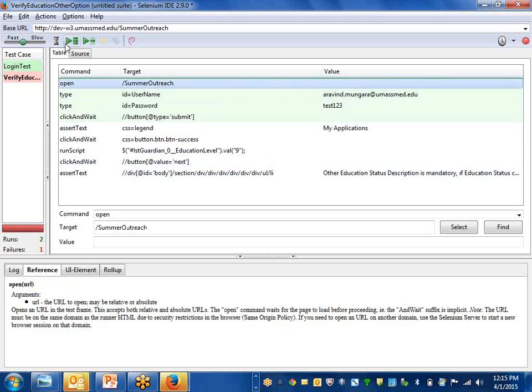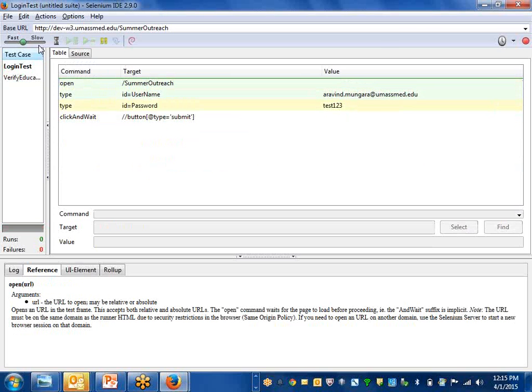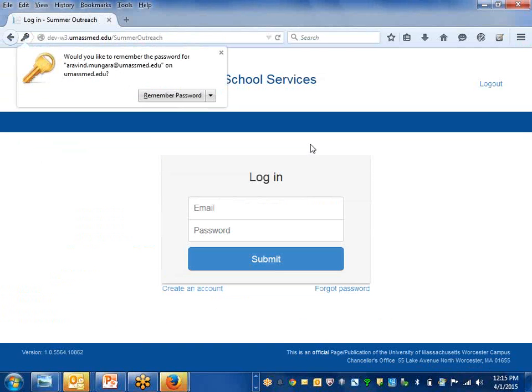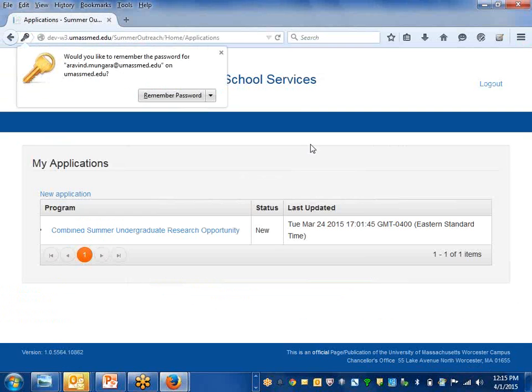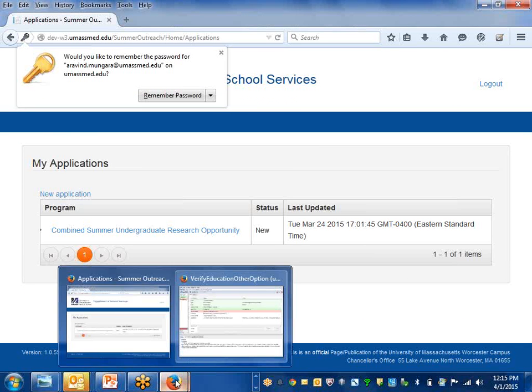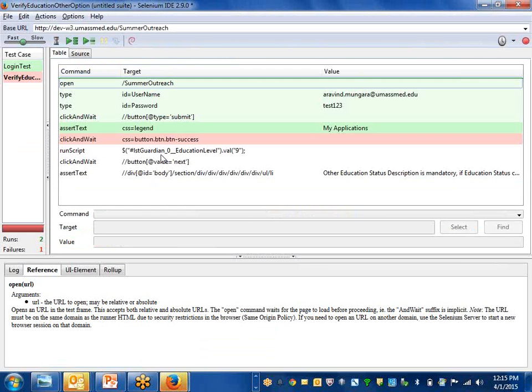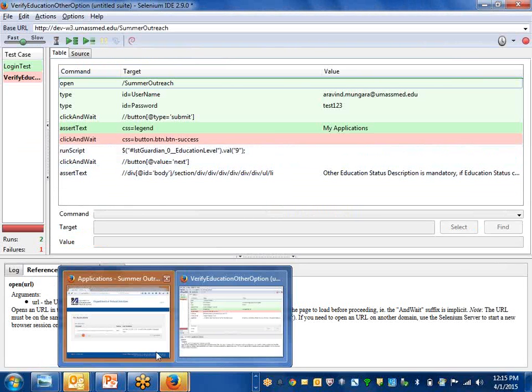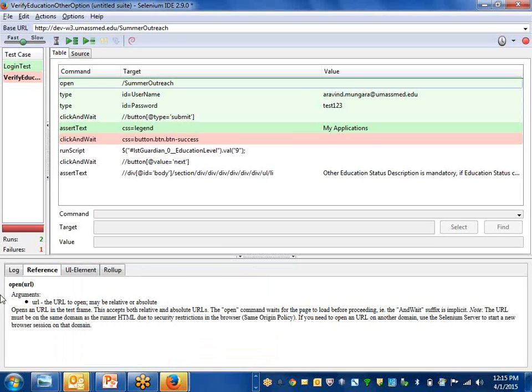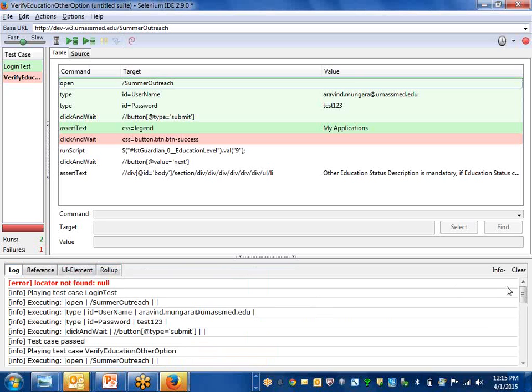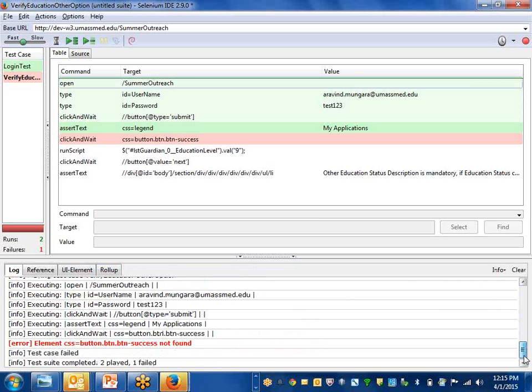Next, let me run this. Here are the logs, so that you can see what issues are happening. What is happening is it is not able to find this. So that means what I have to do is